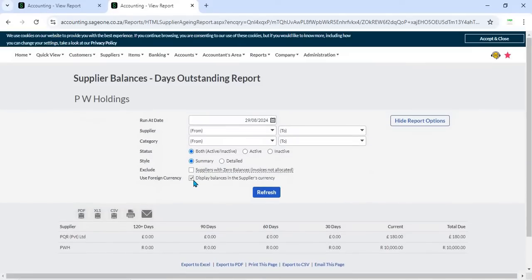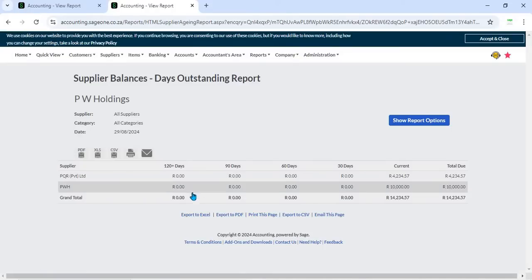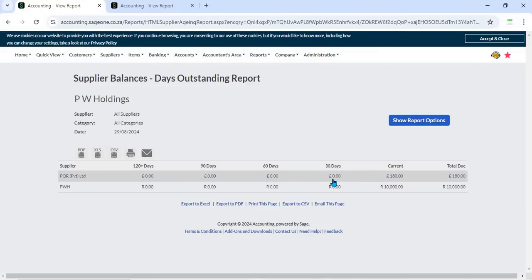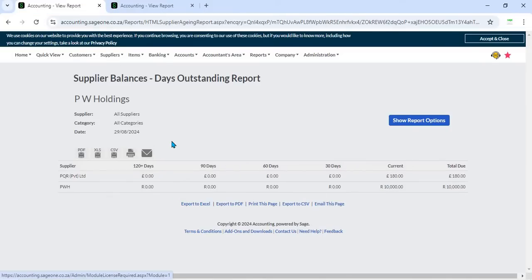We will generate the report again by unticking this use foreign currency. Now you can view the balances in home currency, that is ZAR. You can see in the previous report it's the supplier's currency. Now all the transactions will display in home currency, and you can see that in the previous report,